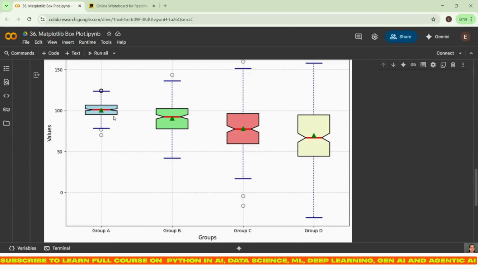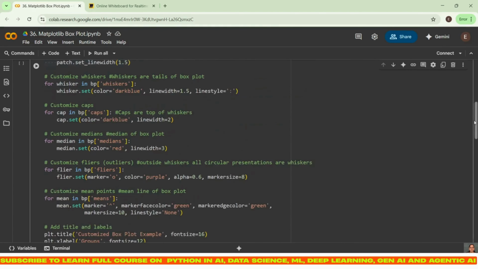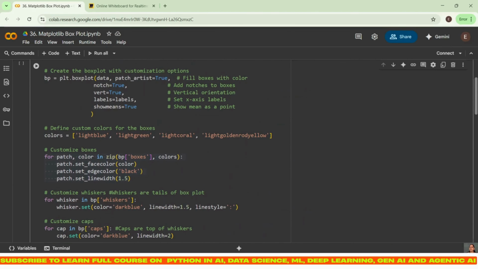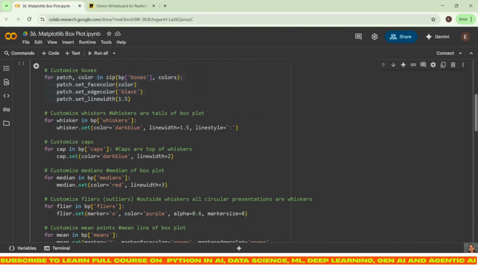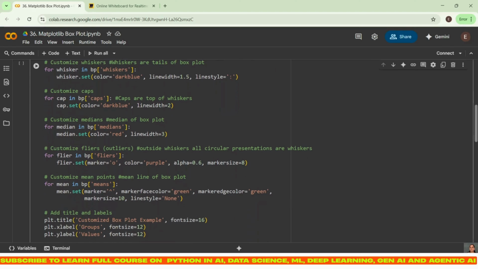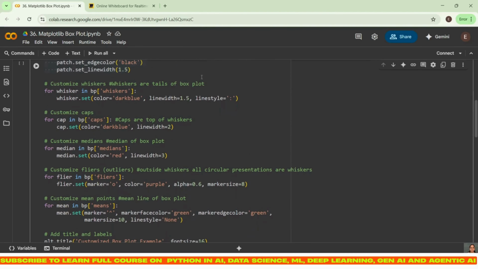These extended lines which you are seeing, those are your whiskers, okay? And I already told you what the formulas for whiskers are and how to calculate the box mean and Q1, Q2, Q3, quartiles and all. Everything I have explained to you. Please go through previous videos if you want more clarification on that.